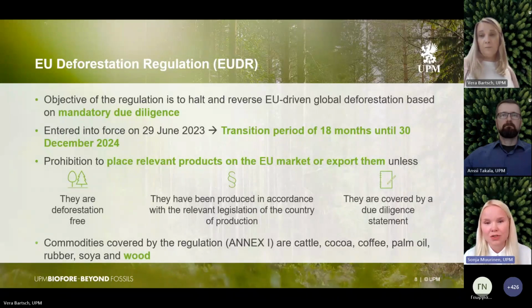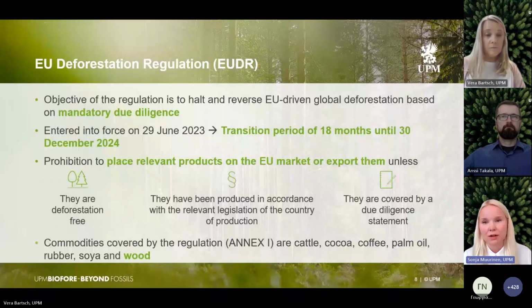Basically, we need to make sure that the products that we are purchasing from our suppliers and placing in the market cover these 3 pillars and that there is no risk related to these. And about the measures, how you can mitigate the risk, the EUDR regulation states that you need to gather information about your supplier and about the products and so forth. But otherwise, it's up to companies to decide what to do and how to check your own suppliers and mitigate the risks.